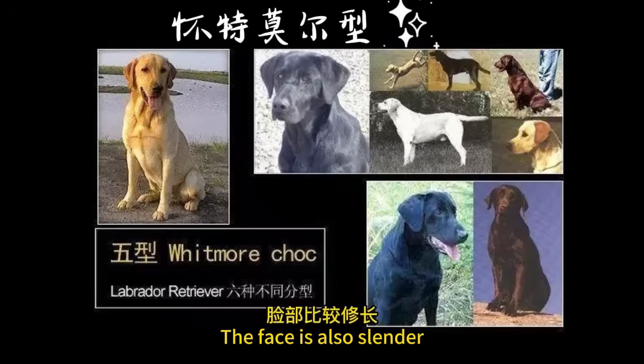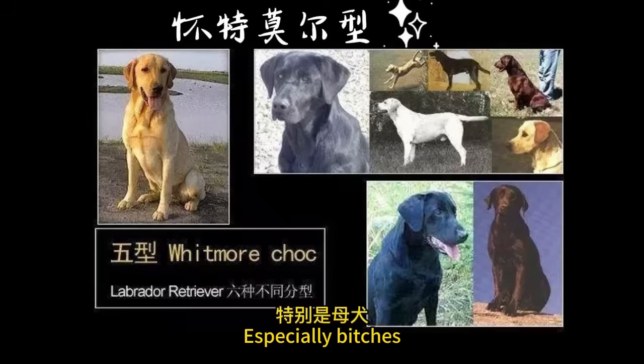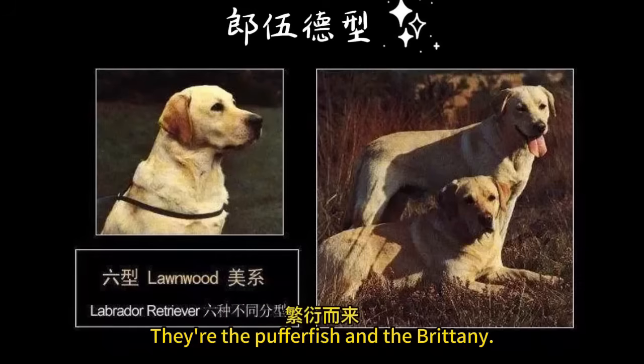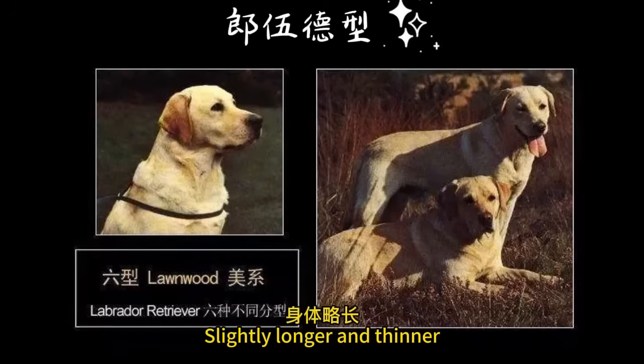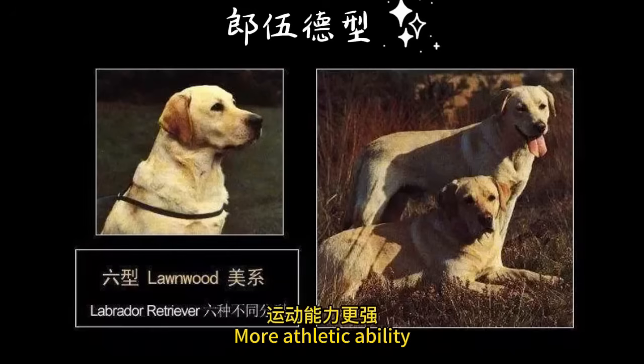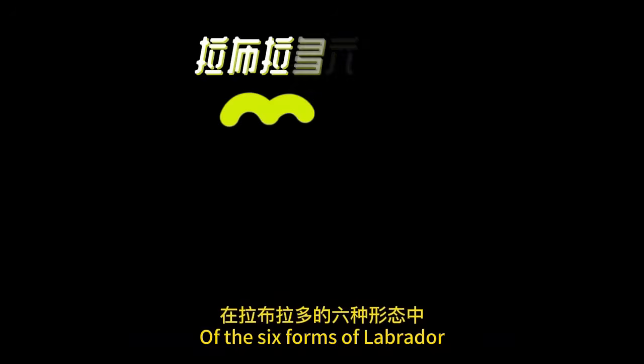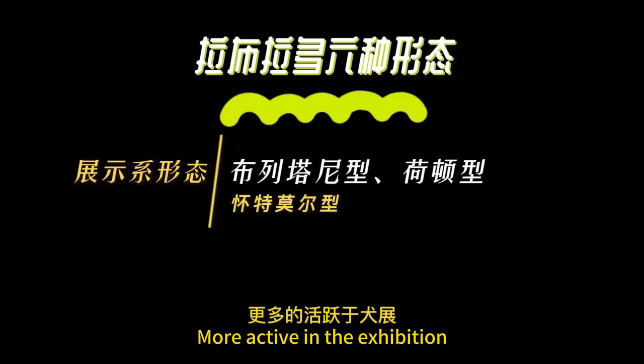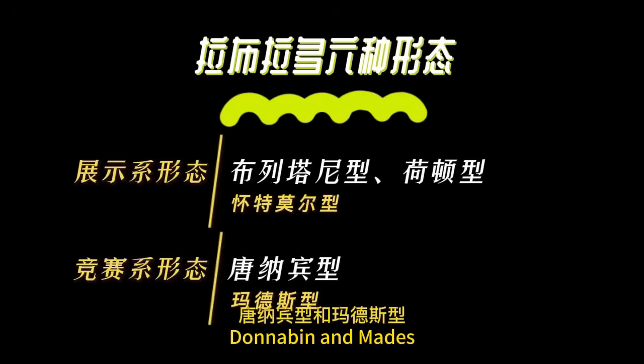The face is also slender, especially in bitches. This type is the standard American type. They rate the pufferfish and the Brittany as slightly longer and thinner, with more athletic ability. Of the six forms of Labrador, the Brittany, pufferfish and Whitemore are more active in exhibitions, while Donovan and maids more often appear